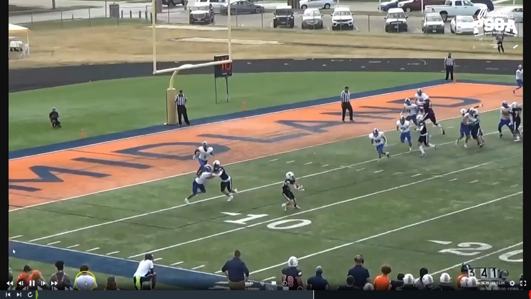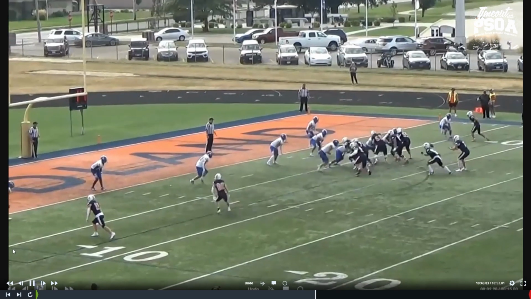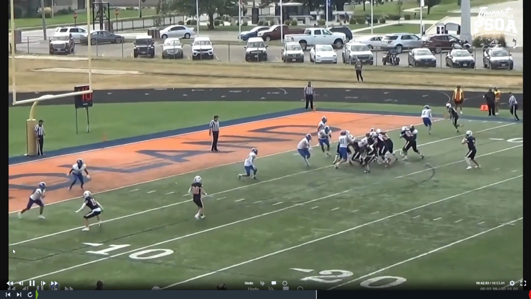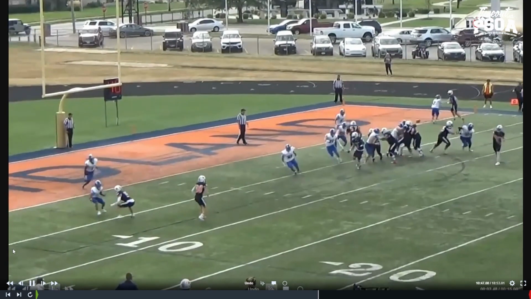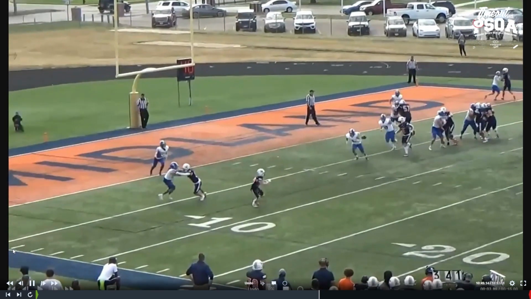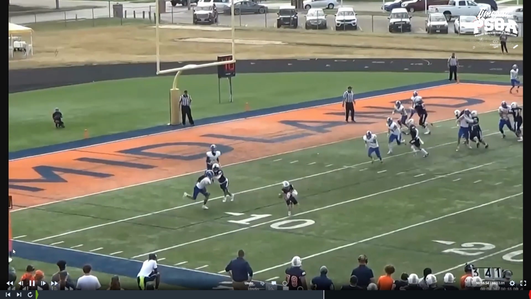Now let's go back and take a look at our blocking downfield possibly. Again, we're at the 6. This number 11 here is coming in. He's blocking right at the 5. So remember, he gets 1 yard for that blocking. Okay, and this ball is definitely touched behind, so we're good anyway.